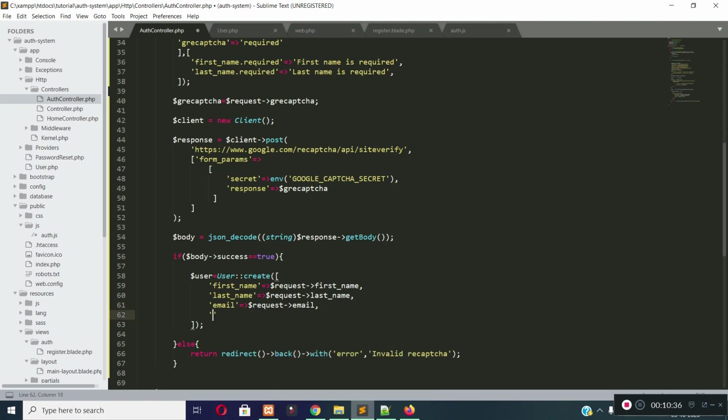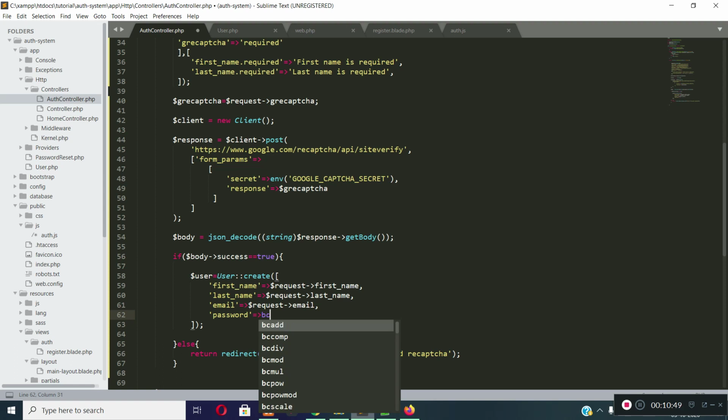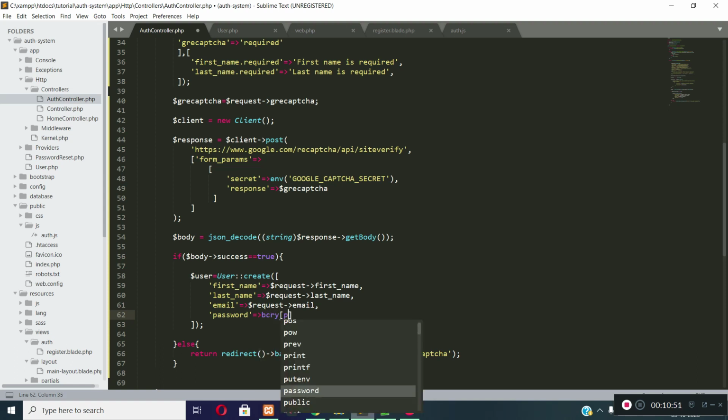And for the password field, I will encrypt the password value because we will not store the password value directly. We will encrypt the password value by the bcrypt helper in Laravel. It will encrypt the password.